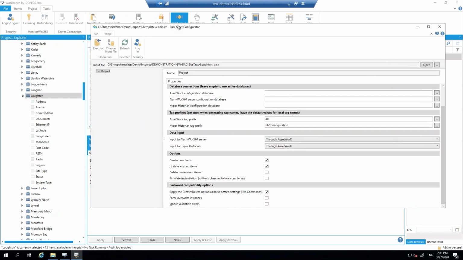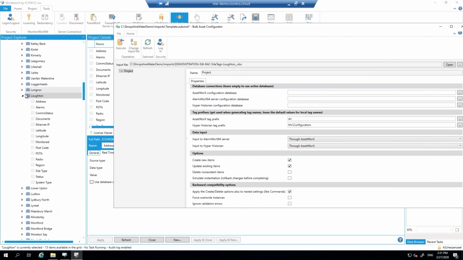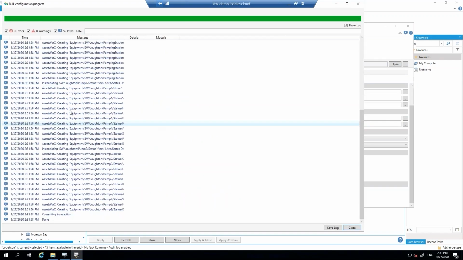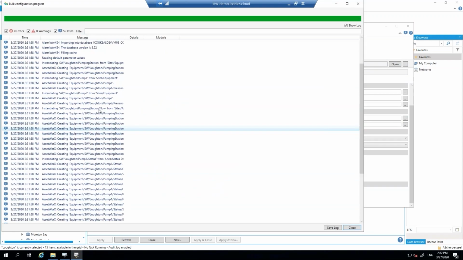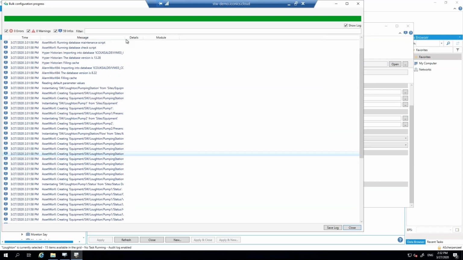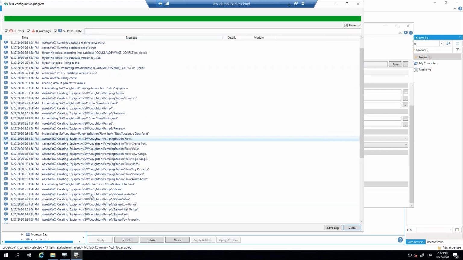As I showed you on the left-hand side, there is nothing underneath the Lawton site at the moment, just a couple of details about address and some static information. If I now run this Excel spreadsheet and click on execute, the list will be a bit longer now, because it's creating not just a single site, it's creating pieces of equipment on that site. If I make this a little bit wider so you can see this,